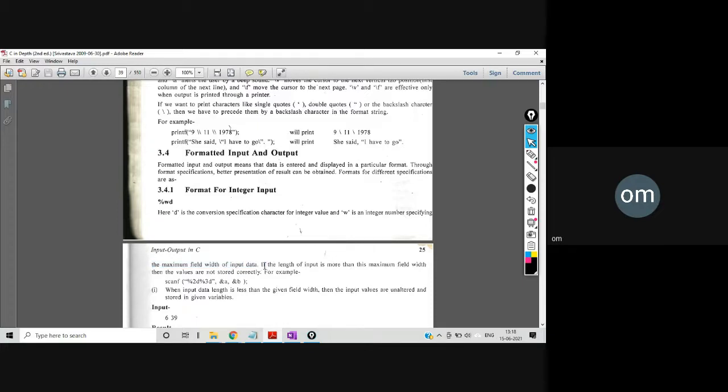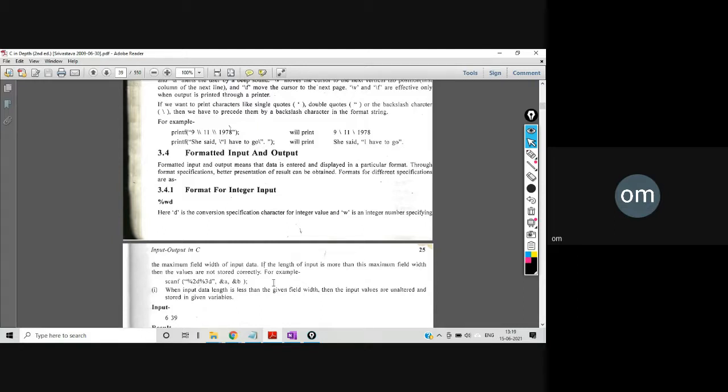Whatever data you are inserting, this w will represent the maximum field width available. If you mention some number over there, then beyond that it will not take any more, right? It's the maximum amount of space you are specifying. So if the length of the input is more than this maximum field width, then the values are not stored correctly.